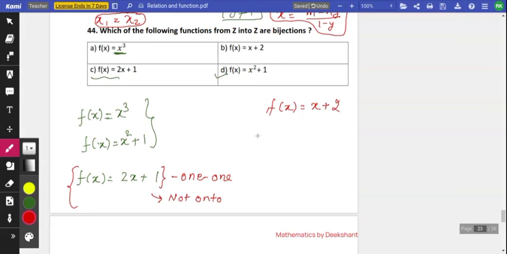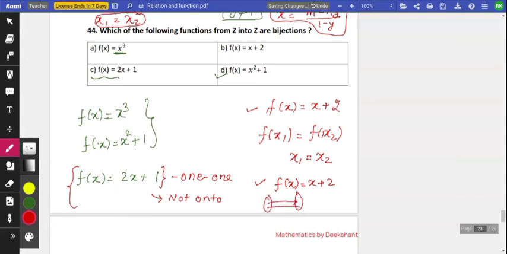X plus 2, this function is 1-1, because if we take f(x1) equals f(x2), then we can easily get x1 equals x2. So the given function is 1-1, and the given function is also onto, because if we take f(x) equals x plus 2, then every element of the domain